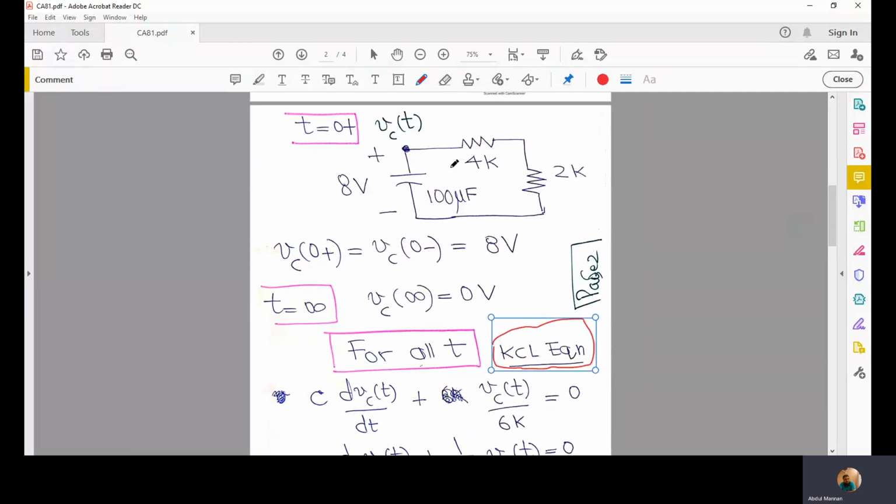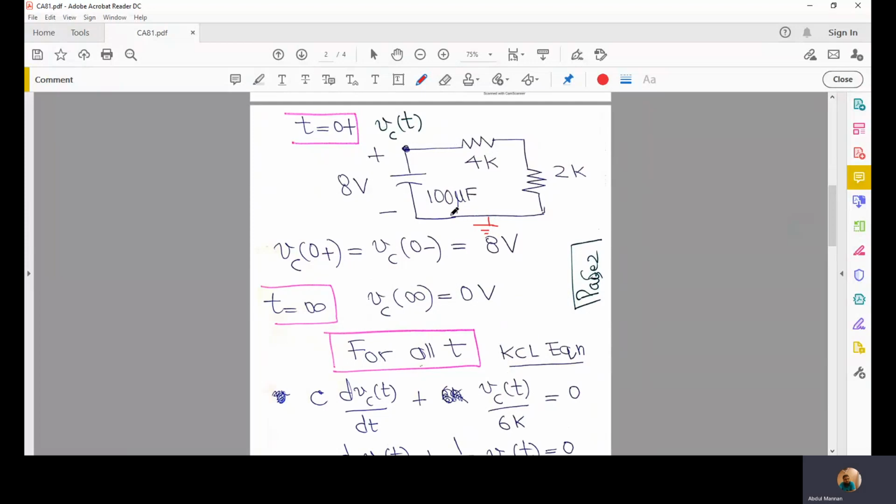If we write the KVL equation, we'll find I through the capacitor, and then we'll have to apply the integration based formula to compute the voltage across the capacitor. So to keep things simple, just assume a node here and a ground here, and then we can straight away write